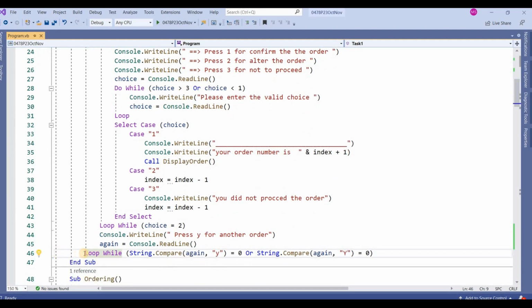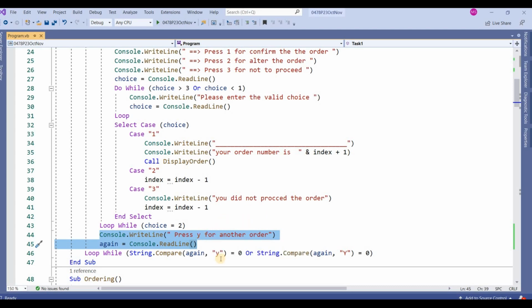Line 21 to 46 is a do while loop. This loop will continue until you enter n. While this loop is moving, if you enter y, again is a variable that will get the value from the user, in case of y or n or any other key.